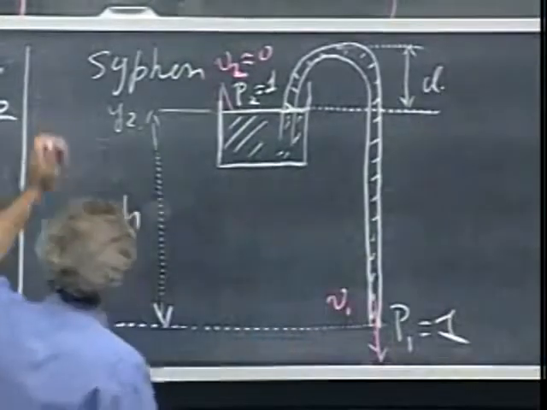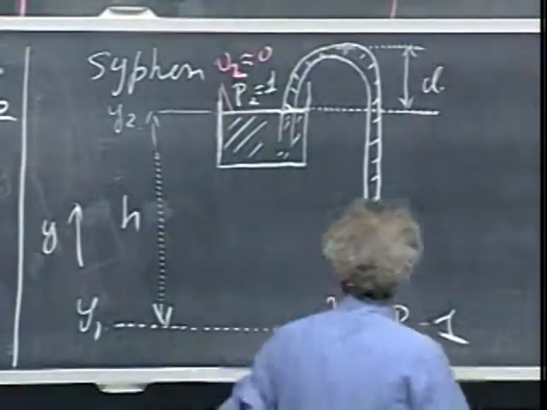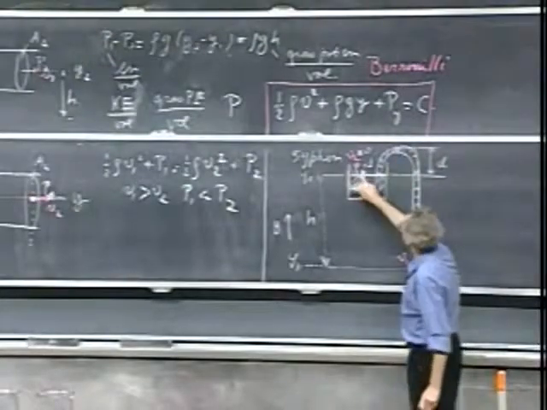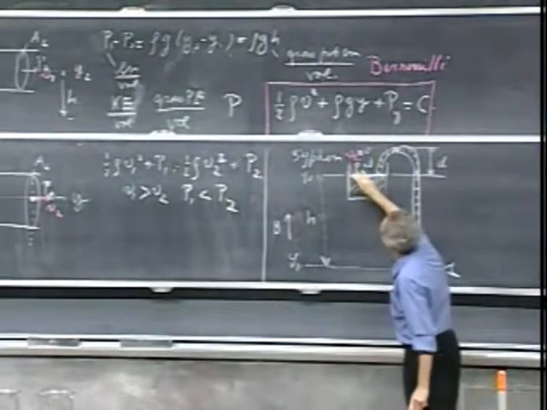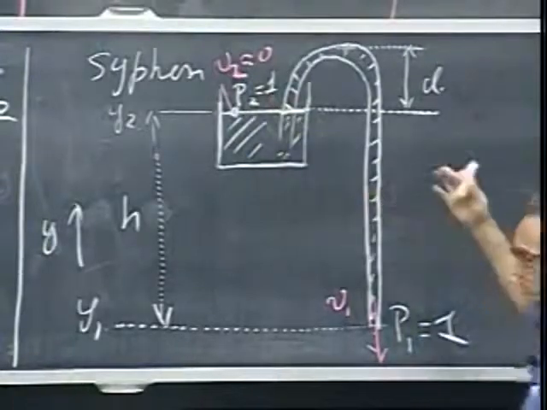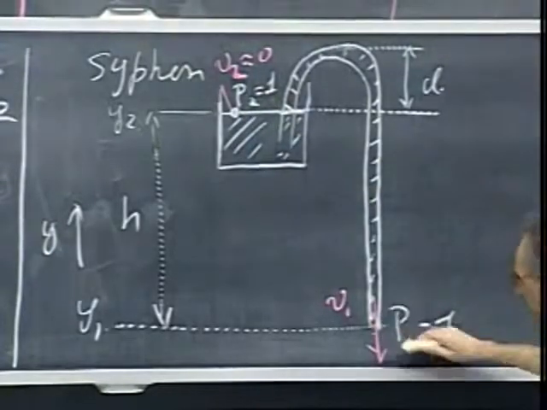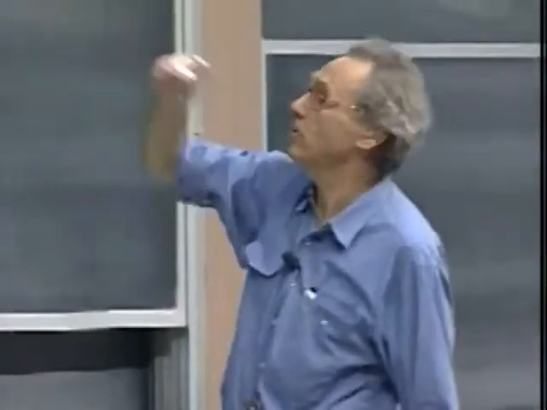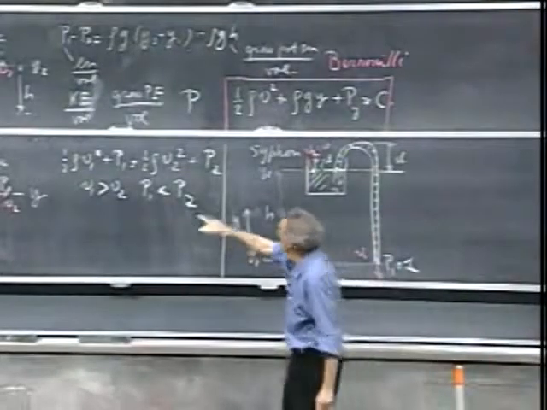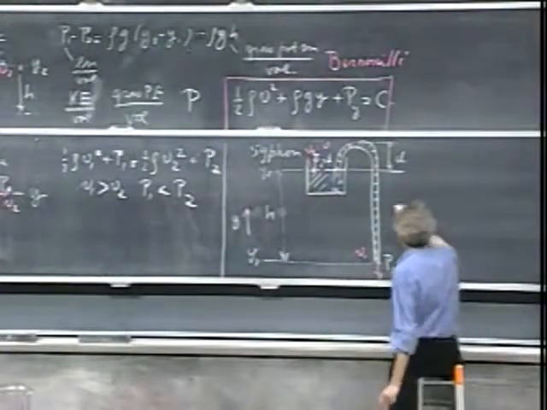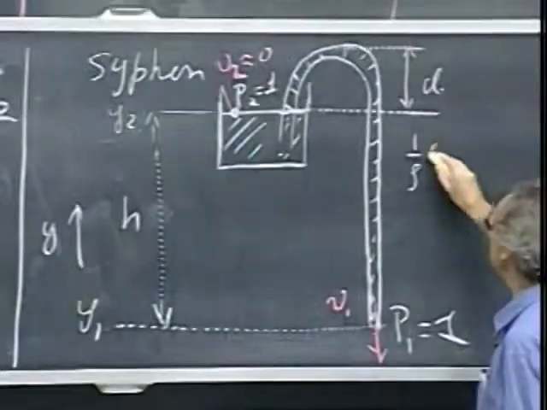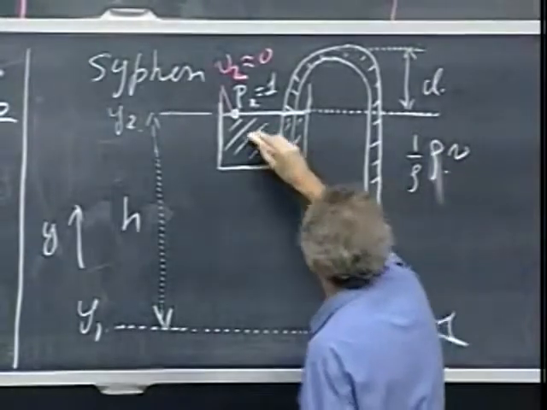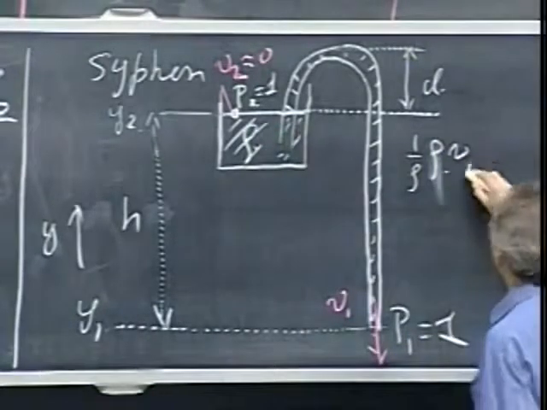I apply Bernoulli's law. So now we have a situation where the Y's are different, but the pressure is the same, because right here, at this point of the liquid, I have 1 atmosphere, which is barometric pressure, and since this is open with the outside world, P1 is also 1 atmosphere. So now I lose my P term. There I lost my Y term, now I lose my P term. So now I have that 1/2 rho, this is rho of the liquid,